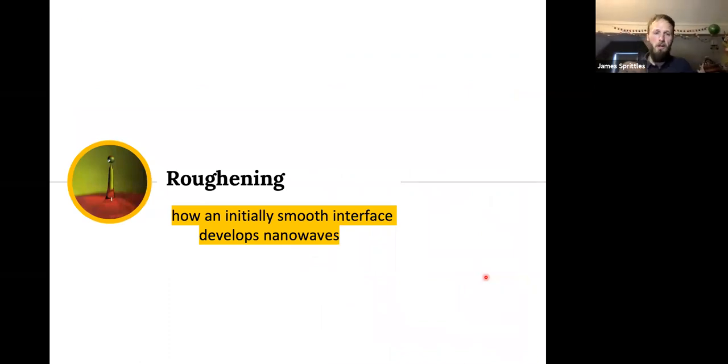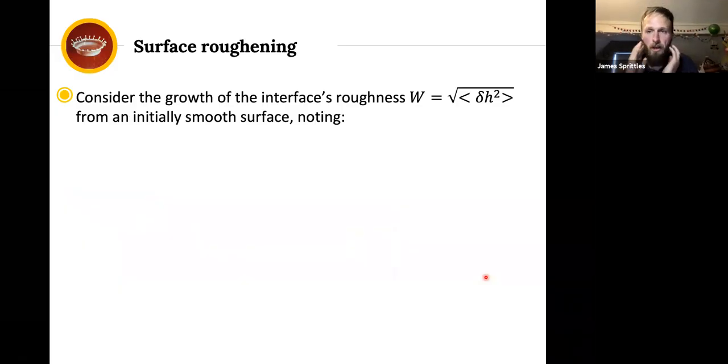Okay, so the last part of the thin film stuff, which was again driven by Yixin, is to look at the roughening of the interface, which is a kind of obvious thing to do and a classical thing to do. So this is the roughness of the interface, which is simply its standard deviation. So this is the h squared average square rooted. And what we want to do is look at power laws and put this into the framework